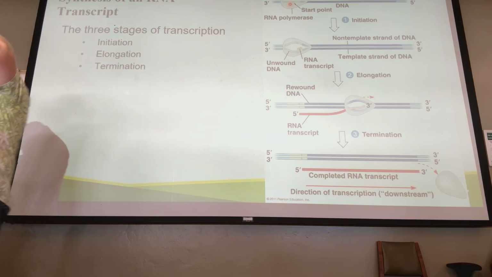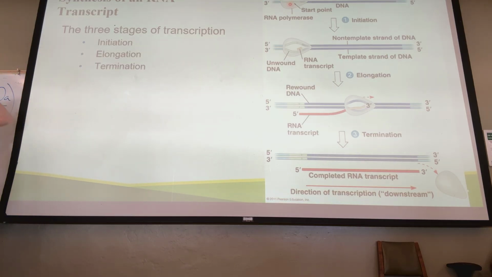There's a ton of regulation about whether the RNA polymerase is going to bind to the promoter or not. All right, so the 3 stages. In initiation, RNA polymerase binds to the promoter, and the DNA gets unwound, and you start making RNA. You attach the first nucleotide. It's initiated now. In elongation, RNA polymerase is streaming down the DNA and building an RNA transcript in the 5'